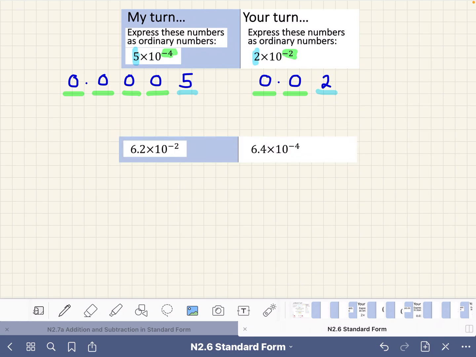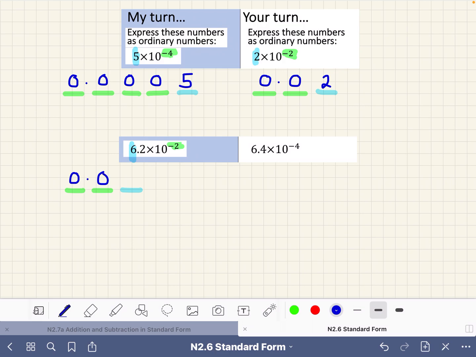Next example. 6.2 multiplied by 10 to the minus 2. Because we have a minus 2, that means we have a 0-point value. A minus 2 means we have 2 spaces before we get to this 6. That means it is filled with